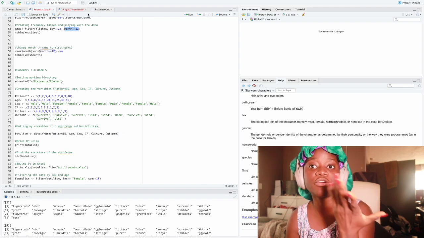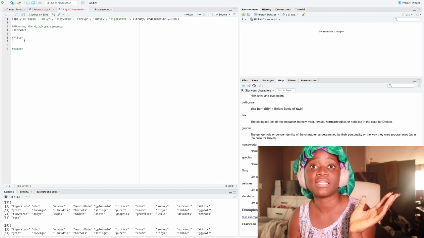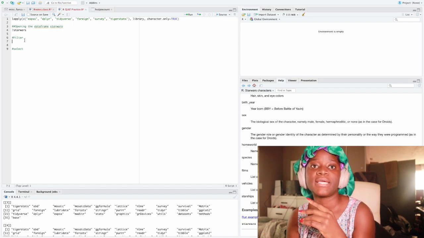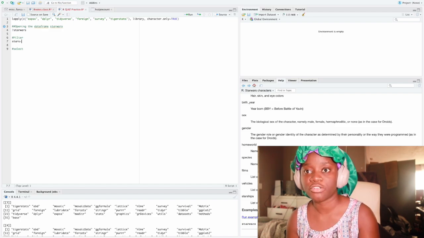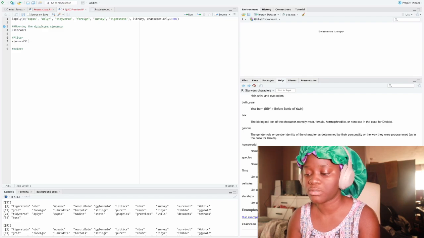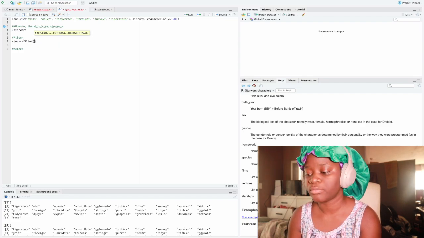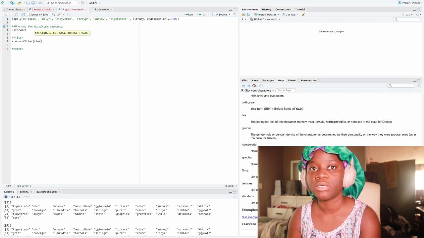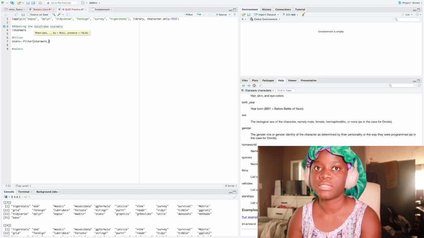So you can create a brand new data set. For example, I'm using the Star Wars, right? Let's say stars is my new data set. I am going to say filter, and then this is the data set, Star Wars, comma, and then I can filter,